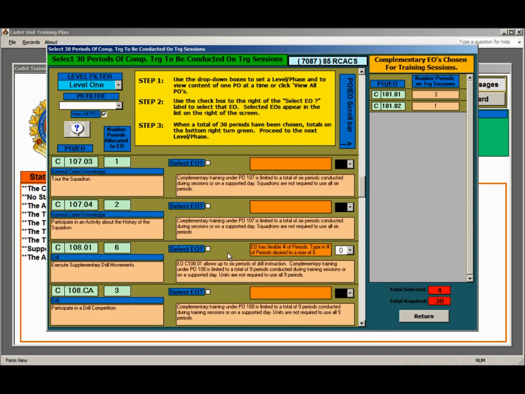I just want to demonstrate to you here is a particular EO that has what we call flexible content. That's C10801, total of 6 periods. But in this case, as you've seen with other EOs, for example 10704 above, if I select that EO, I'm selecting all EOs that belong to it, 2 periods in this case. But with C10801, I can choose less than the maximum number of periods, and I know that's the case because it tells me in this box here that that's an option,